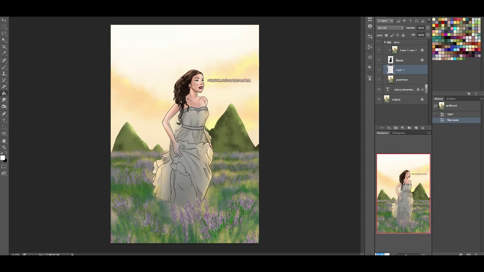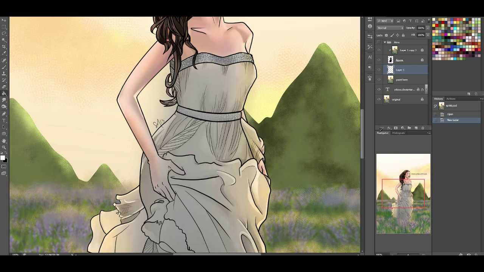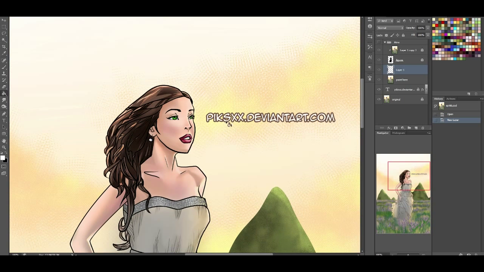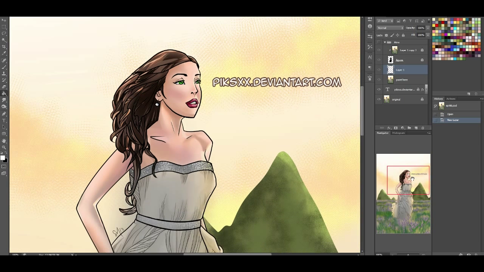This one was sent to us by pick6.deviantart.com. Sorry, I'm trying to think how to pronounce that. Pick6, I think, maybe. P-I-K-S-X-X-X-X, a million X's. pick6.deviantart.com. So I know you're probably looking at this and going, well, wow, this is like a pretty good drawing